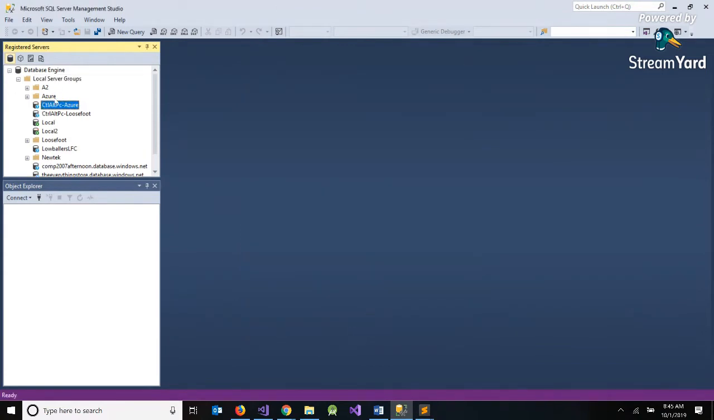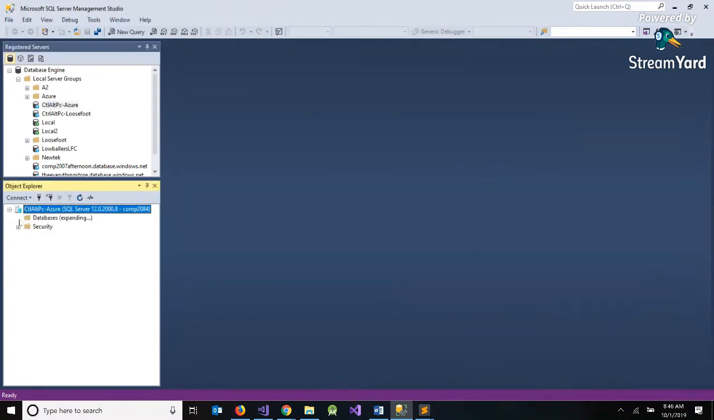And if I want to connect to my database now on Azure, I can just double click it. And it connects, and here's my database in Object Explorer. Now it's a brand new one, so I don't have any tables in it, it's empty. So if this was my assignment,